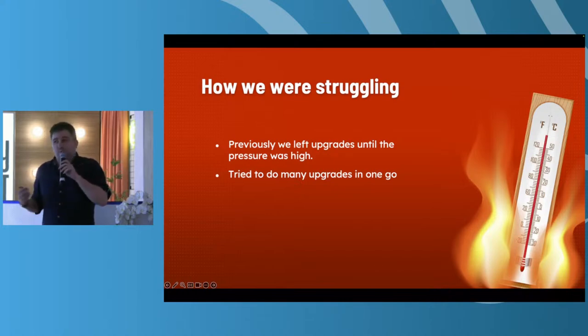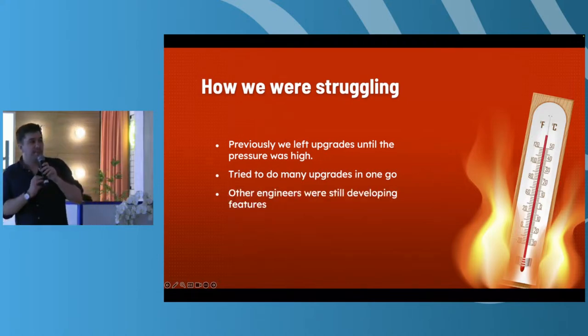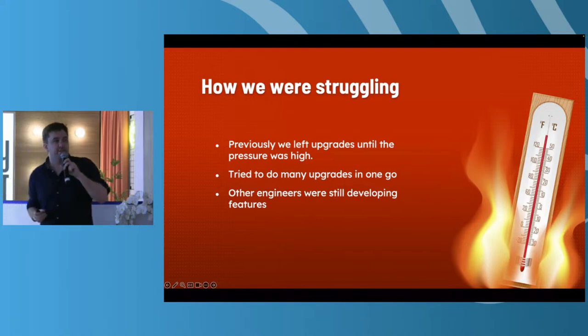Equally, we're trying to do it all in one go, with things like changing our framework from Laravel 6 to 9. Maybe we'd even throw in a server upgrade, like a MySQL upgrade as well, just to make it even more of a nightmare. Equally, it's very hard to convince a company to stop adding features at the same time you're doing such major upgrades. You're told by the business, oh, you've only got so many months to get this done. That makes it really difficult when you're trying to do all those things in one go.